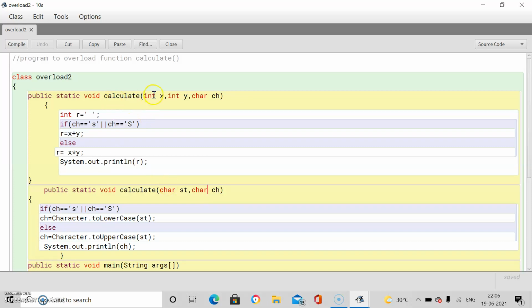In the first function you will be receiving 3 parameters, 2 will be integers and 1 will be char type.